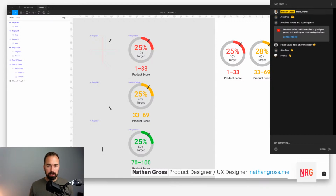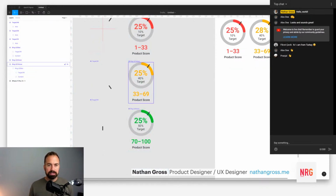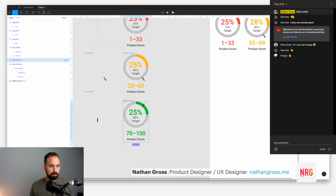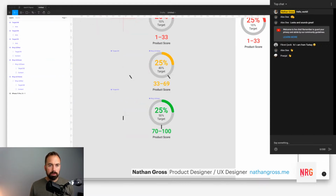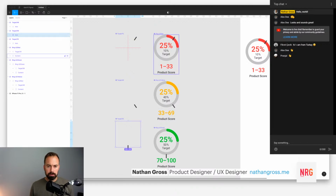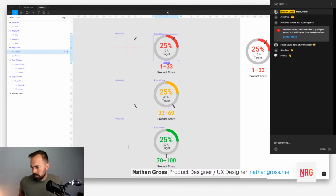Back here, we want to make sure that these are all using the right, at this instance level, this is using target 10. We want this one to be using target 40. Something's wrong there. We're going to fix it though. And then this one here, we want the target 50. So something is going on. 100 by 100. 100 by 100. Why are we getting... Something is not lining up here, because this should be...